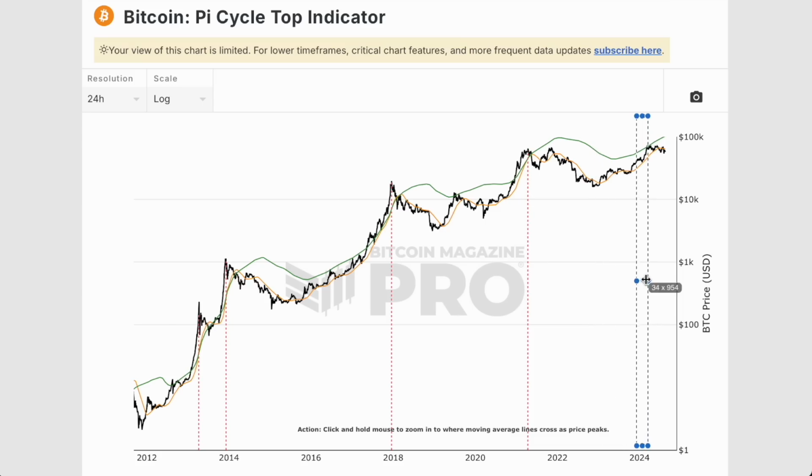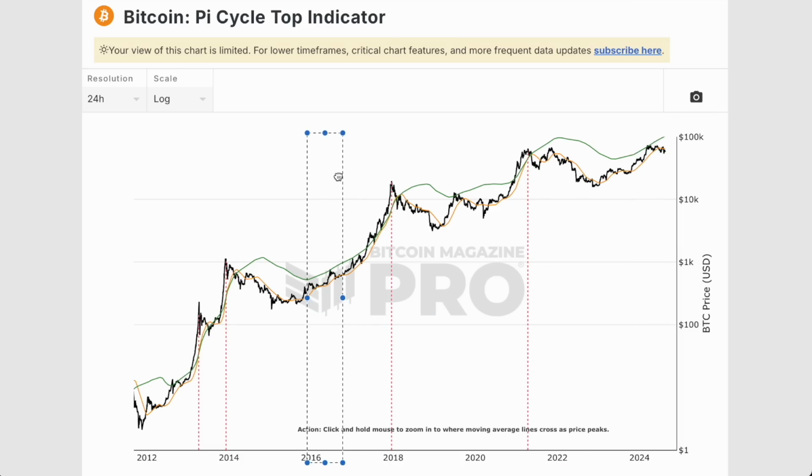But in the halving year, you can see that we rebound from here, and anything dipping below this pi cycle MA is bargain buying territory. You can see that from 2016 to 2017 we can hold here for a nice long time, dipping below it very briefly all the way to new all-time highs. So any dip below the bargain buying MA here is simply an opportunity we can't afford to waste.